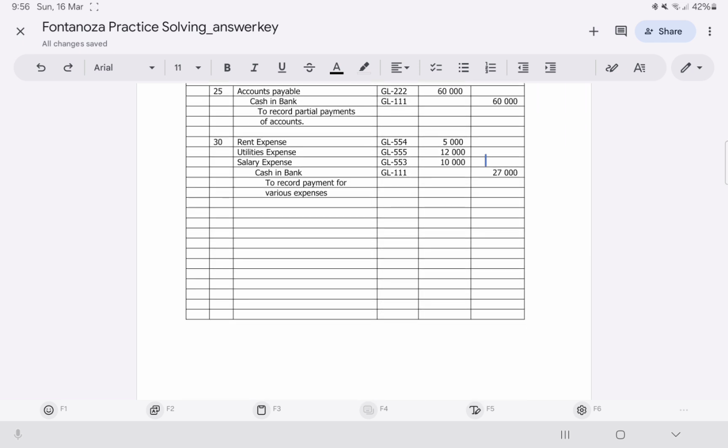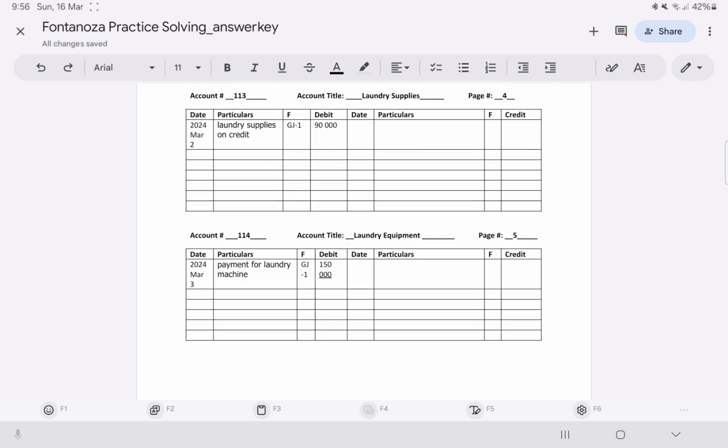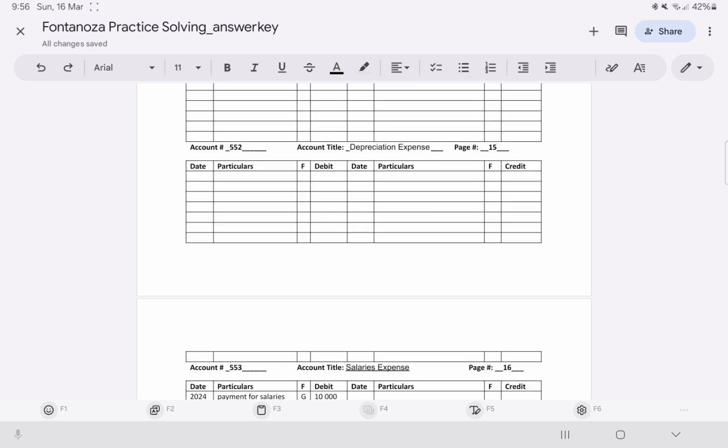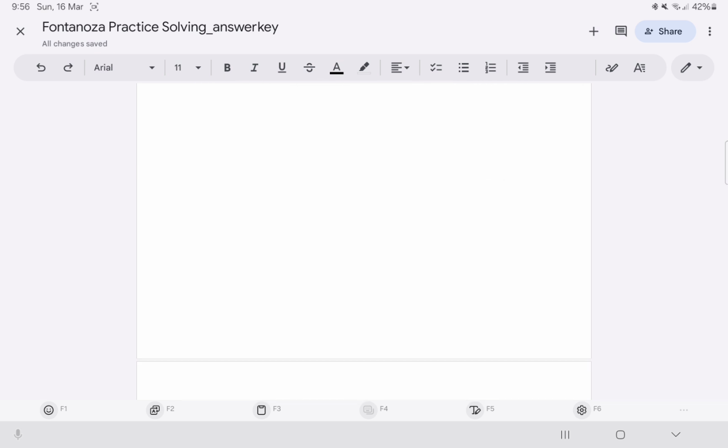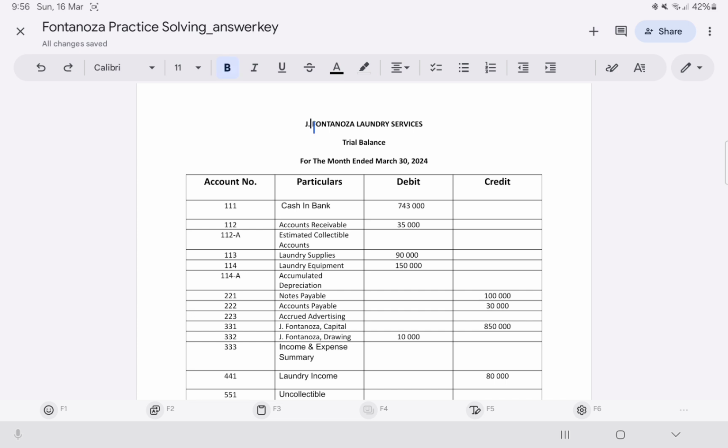So in our trial balance we indicate here J. Fontanoza, or you can just omit the J., since Fontanoza Laundry Services is the trade name under the transaction, if you refer to the previous transaction of the problem. So the heading is Fontanoza Laundry Services Trial Balance,